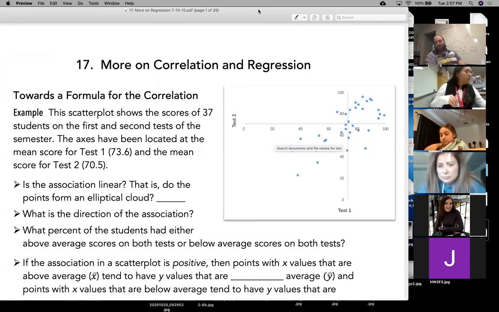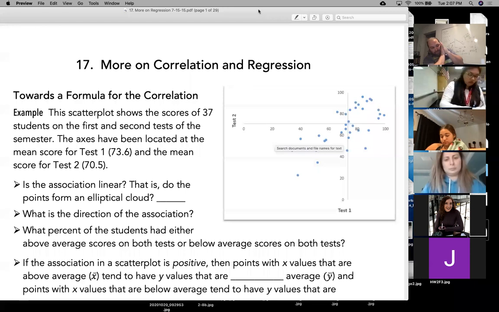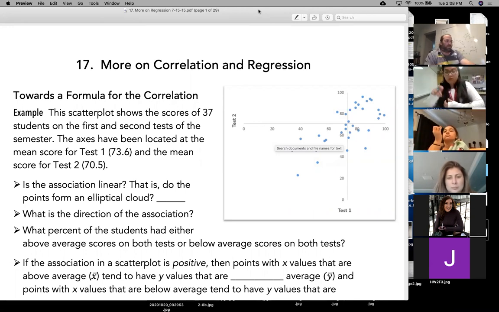More on correlation and regression. Okay, so we've been working on correlation and regression now for a few chapters. We had one chapter on correlation, and then we had a follow-up chapter on regression, and now we're more on correlation and regression. Okay. And we're going to come up, or not come up, because that would imply that we're going to derive it. But we are going to have in this formula two formulas. One formula is going to be for